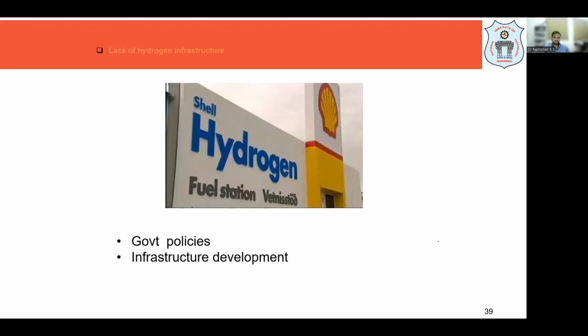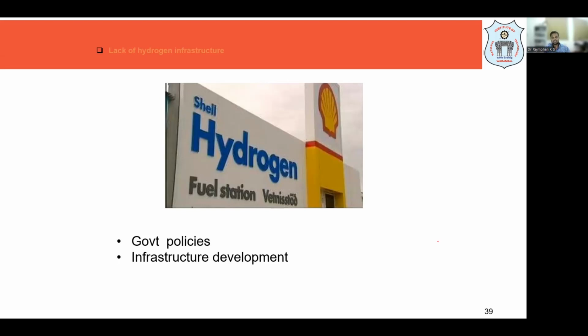There are only a few places where we have hydrogen fuel stations, because it depends upon government policies and infrastructure development, right? It's not that every car owner who bought a car will start some 5 hydrogen recharge stations all the way to their hometown. No, we cannot do it. Right, so it is the responsibility of the government, which has to frame a policy, allocate funds, and motivate entrepreneurs to come forward to become dealers and have such plants. Also, the equipment required for generating hydrogen is to be installed there.